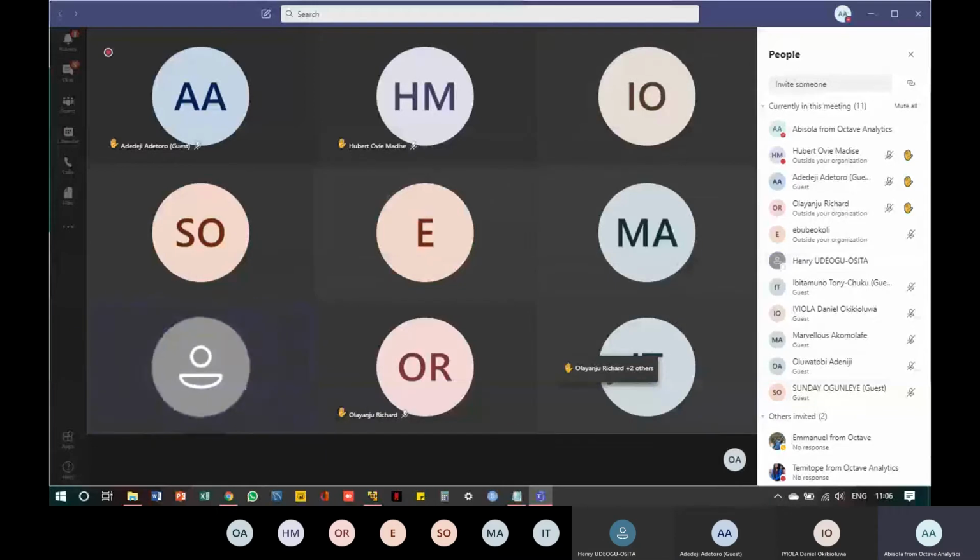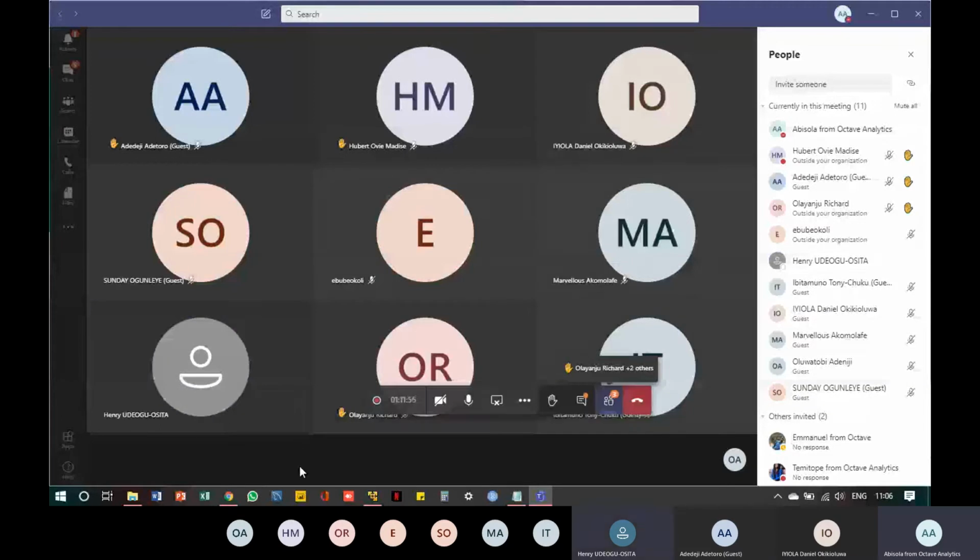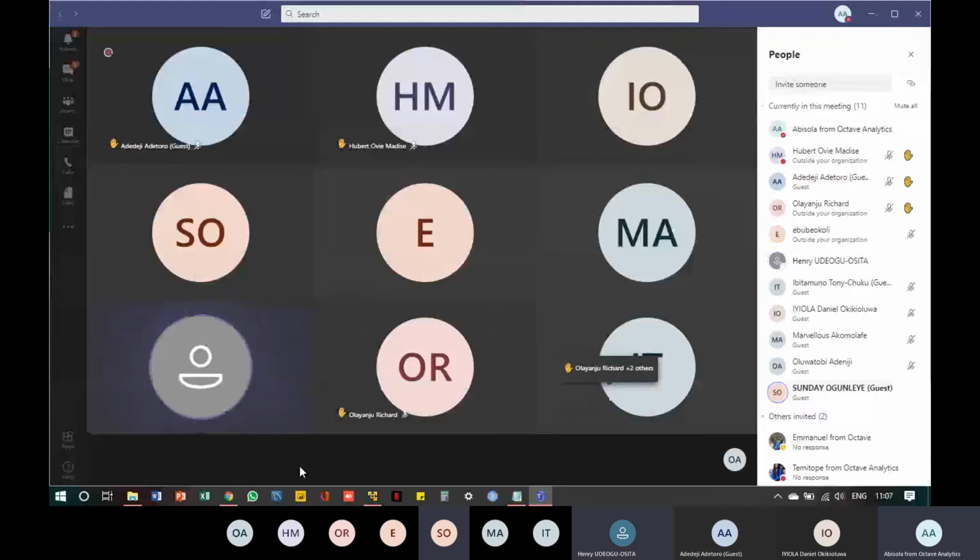Where is Emmanuel? Emmanuel is not here, I don't think so. Wait, let me ask others. Everyone's data is on because we are on Teams. When I came around on Saturday, my data was not on when I was doing it, so it actually works without data. I think it's like an application on your system, so it shouldn't need data. I think it needs connection when you are installing some things. When you start working with your virtual environment, there are times you need to connect to the internet to download some things. But to open it up and perform basic functions, I don't think you need your internet.